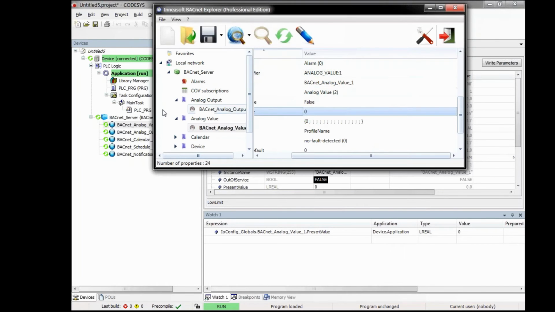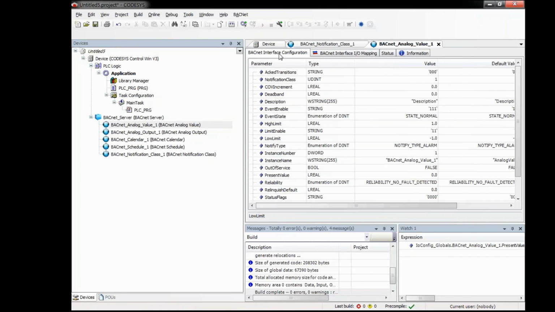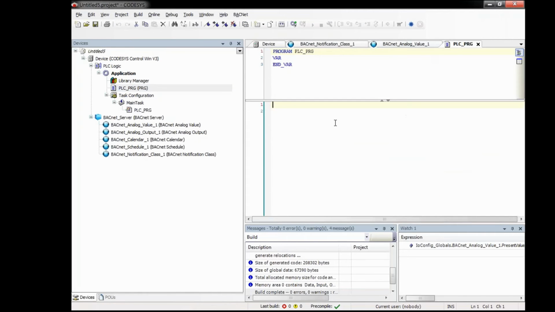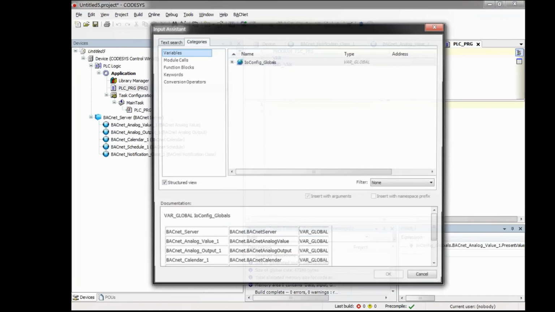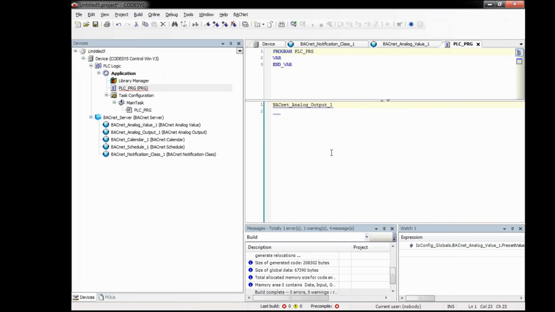Okay. A last thing I want to show you is that permanent value changes can be detected by a client. So, for instance, we now write a really short program in CODESYS saying, okay, we take the analog output, for instance, and the present value, and add a value of 1 with each cycle.